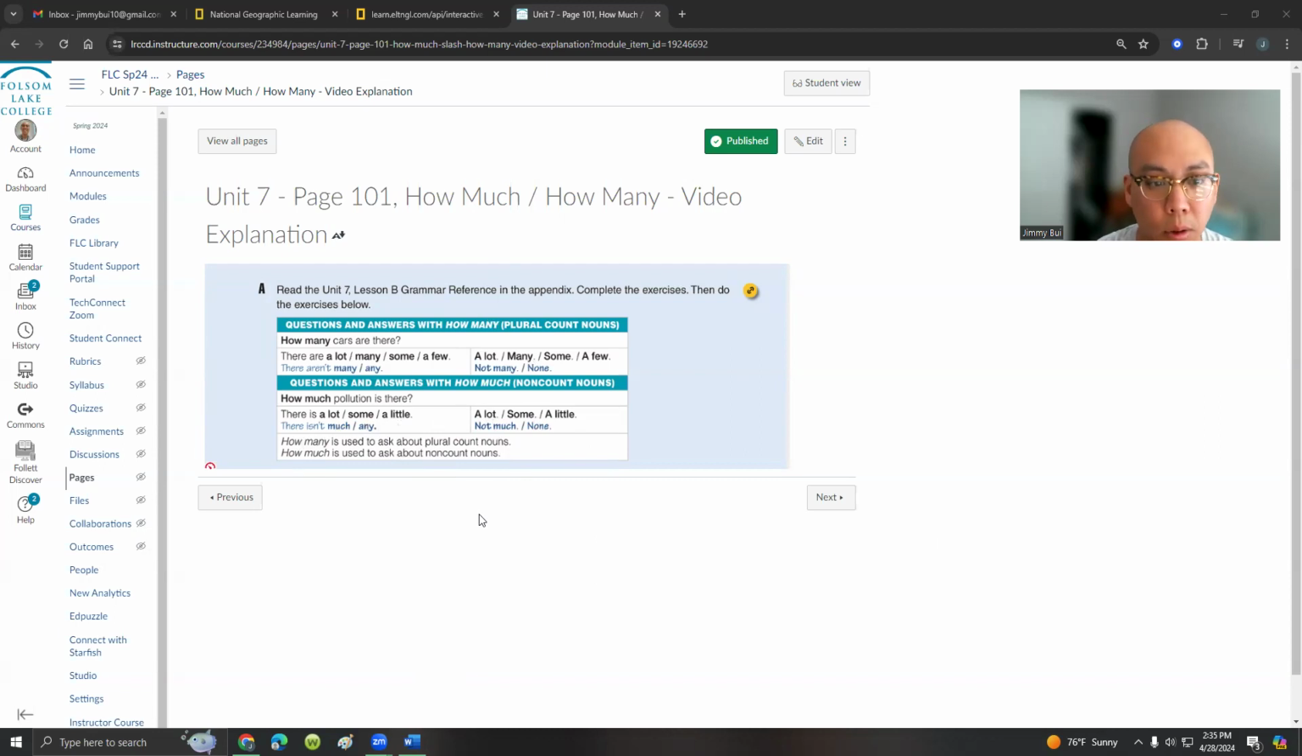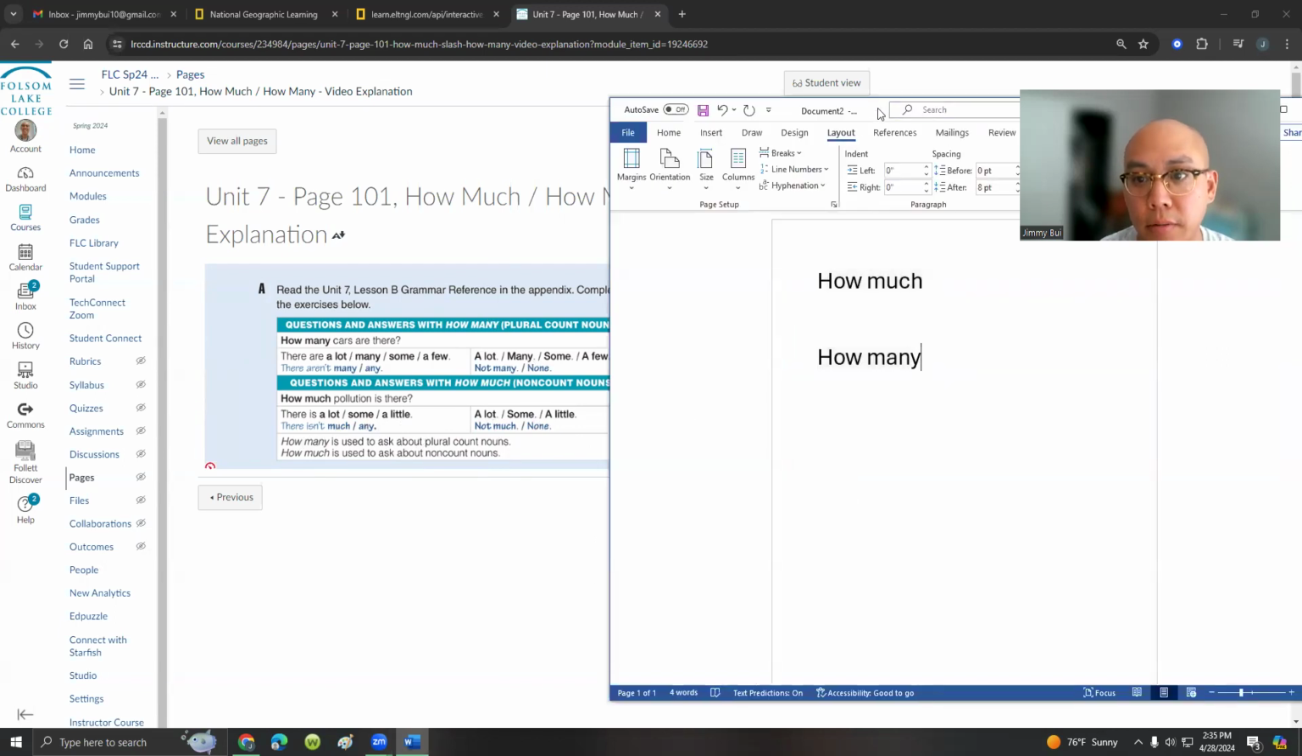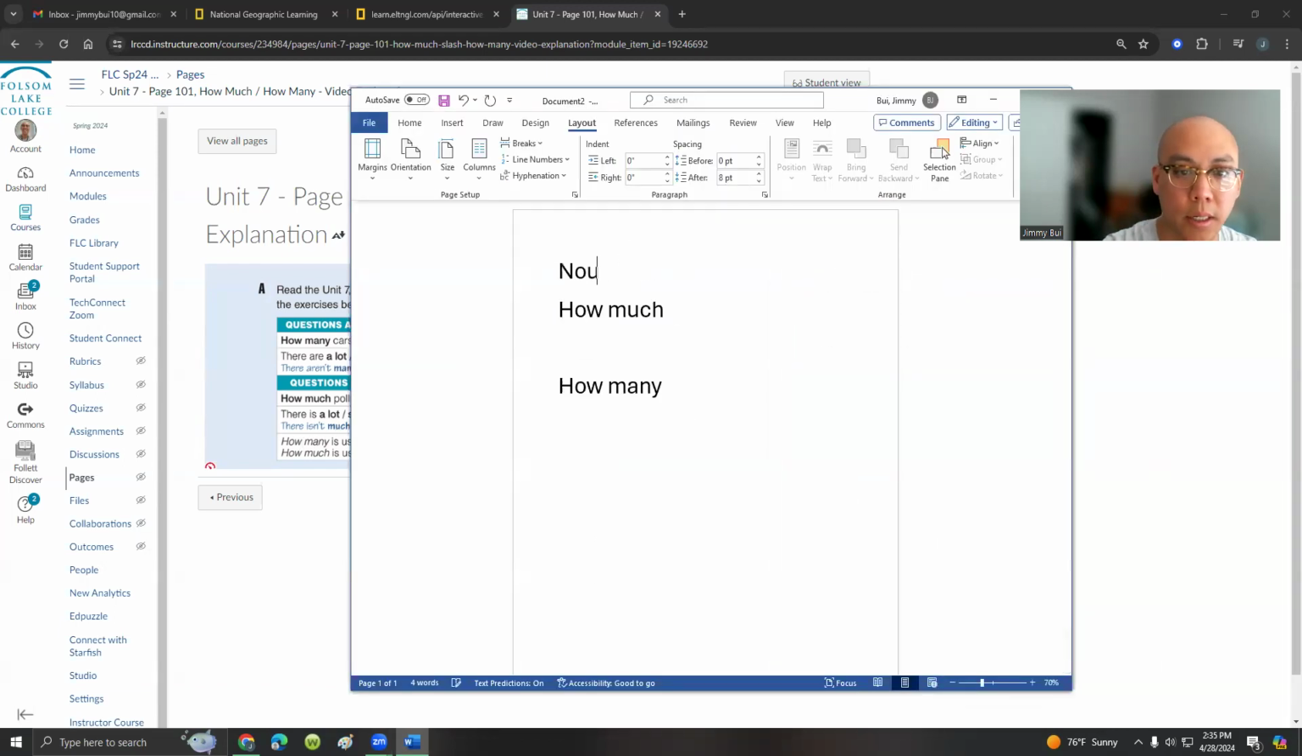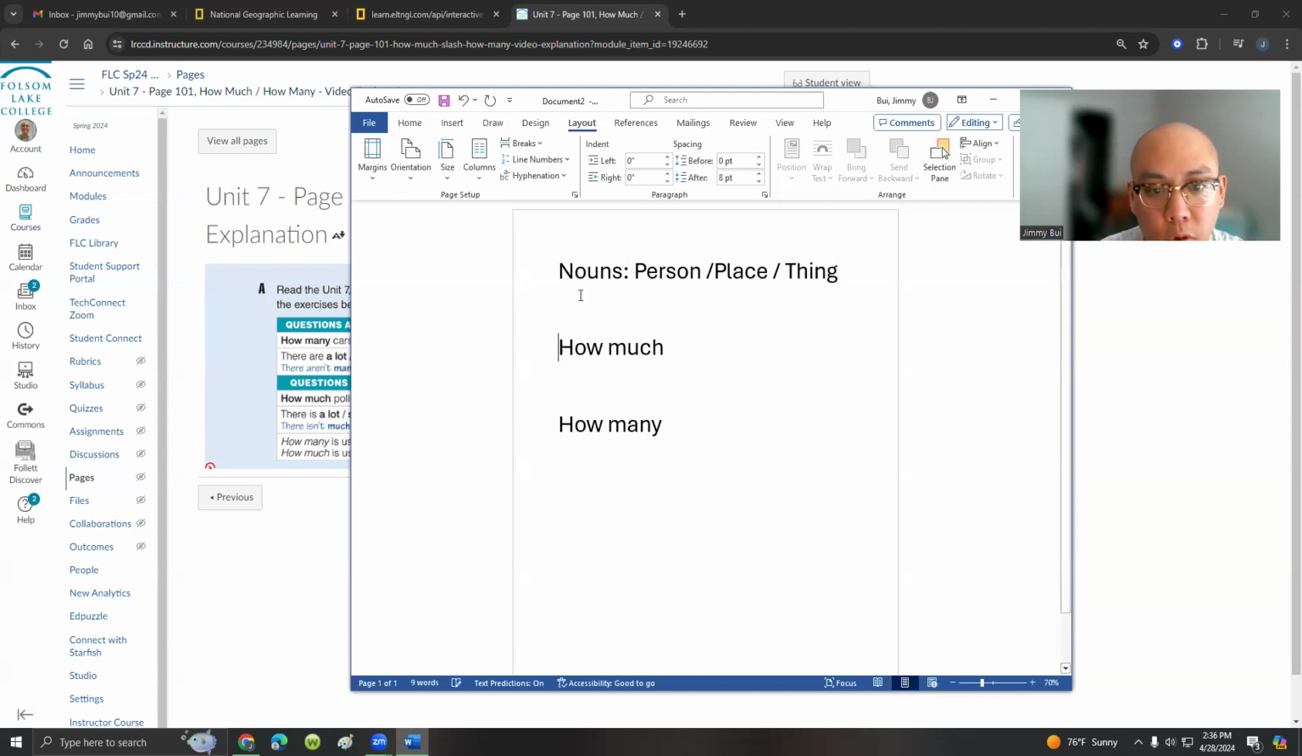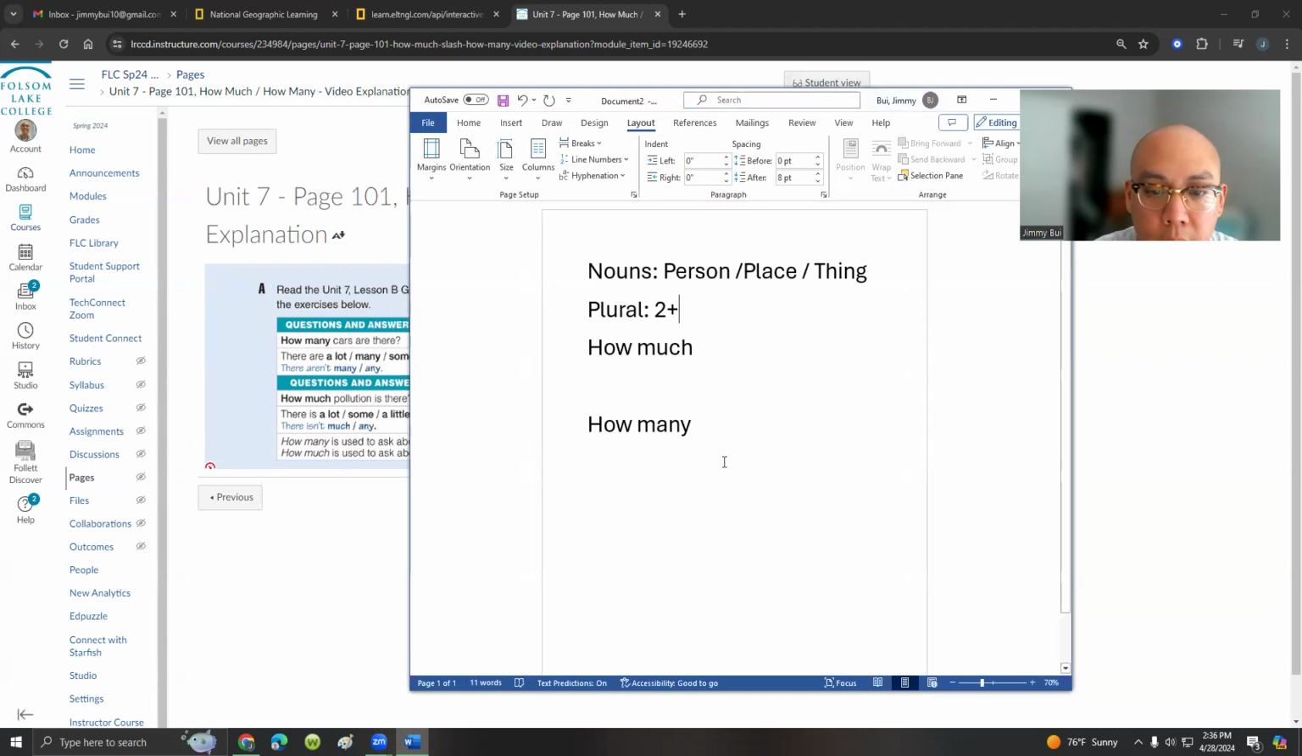So very important here is that we are discussing nouns for how many and how much. Again, nouns are going to be a person, place, or thing. And we use these for plural, which I like to describe as two or more, right? In the case of non-count nouns, it can't be two, but it is not singular. There are going to be several, right? So how much, how many, when we have nouns,